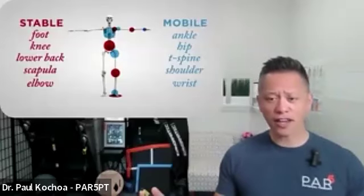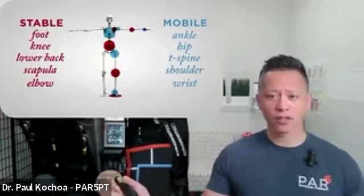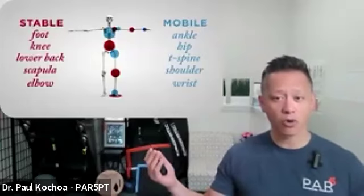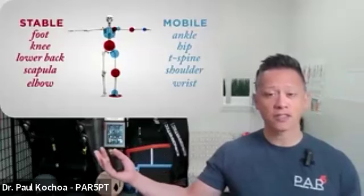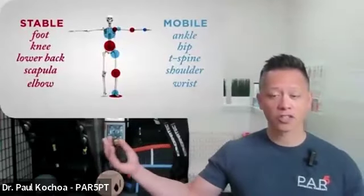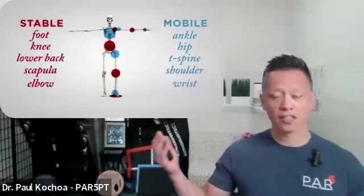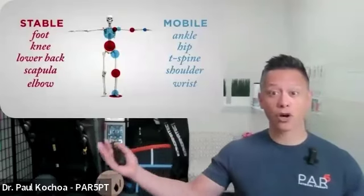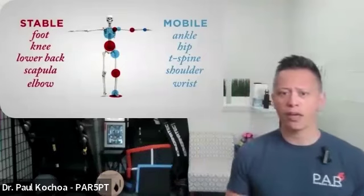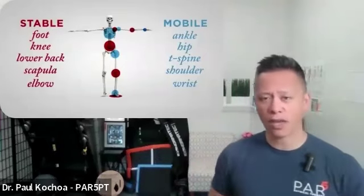So if we look from the ground up, your foot needs to be stable. The next joint up, the ankle, needs to be mobile. Next joint, the knee needs to be stable. Next joint, the hip needs to be mobile. Next one, lower back, T-spine, goes back and forth. This alternating pattern of stability and mobility, this is how we address pain points and how we treat pain or